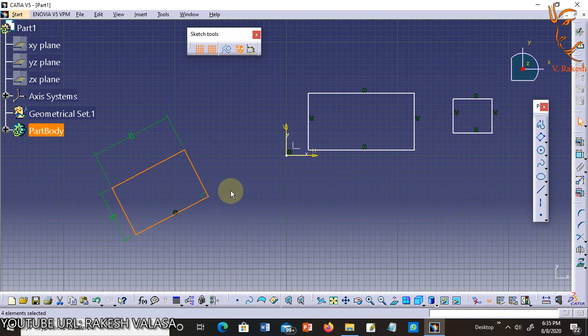You are then prompted to define the second side. Move the cursor in the upward or downward direction of the line and you will notice the rectangle being drawn. Also, the symbol of the perpendicular constraint is displayed between the line drawn and the line attached to the cursor.